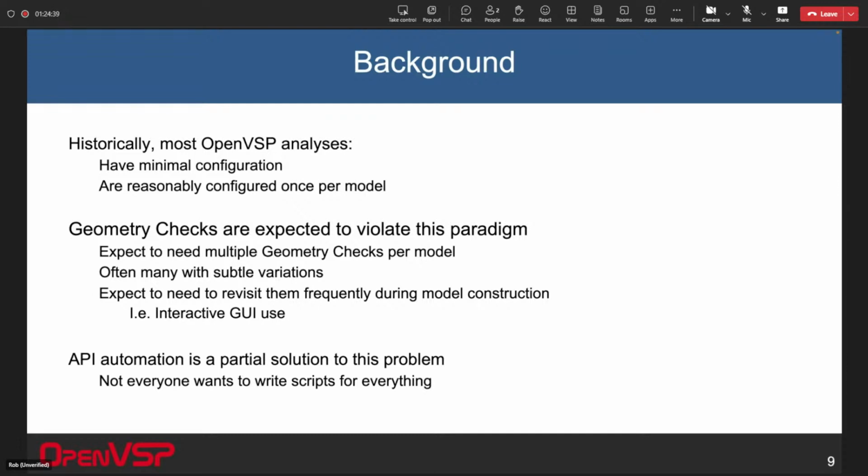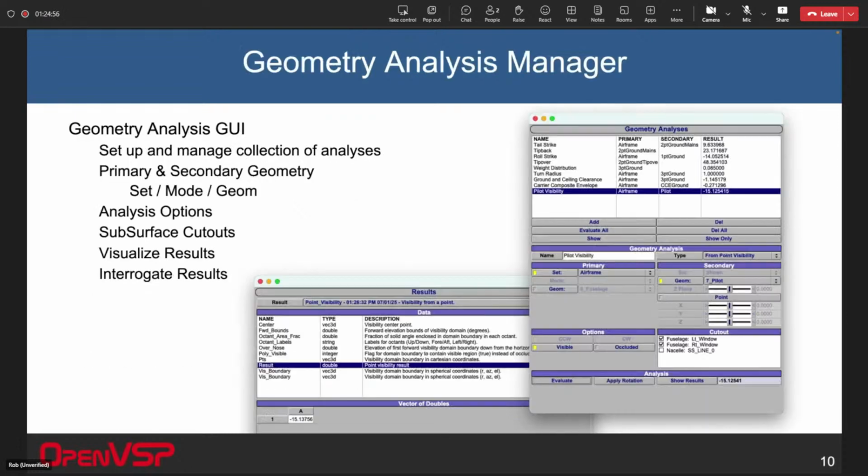You're going to want to run that over and over again. And if there's a lot of fiddly settings and a lot of tweaking, you don't want to have to do that over and over. You could automate this just by scripting everything through the API, but there's a lot of people who don't use the API. And so what we've done, first thing that I'll talk about, is we actually now have